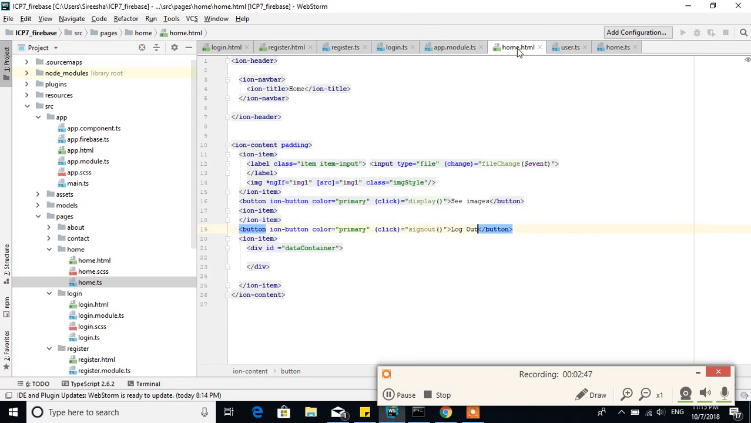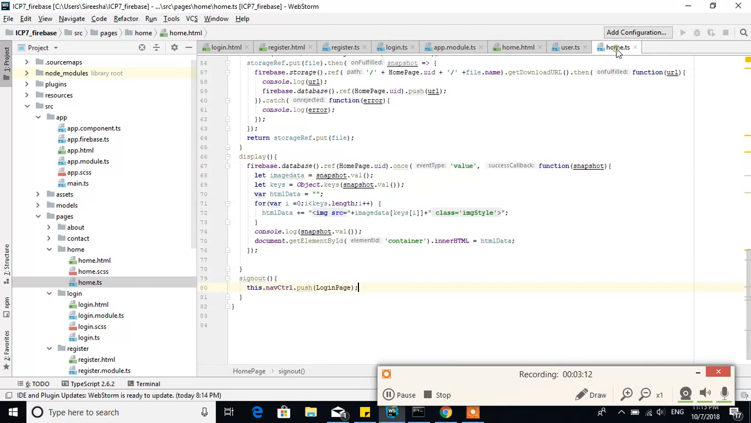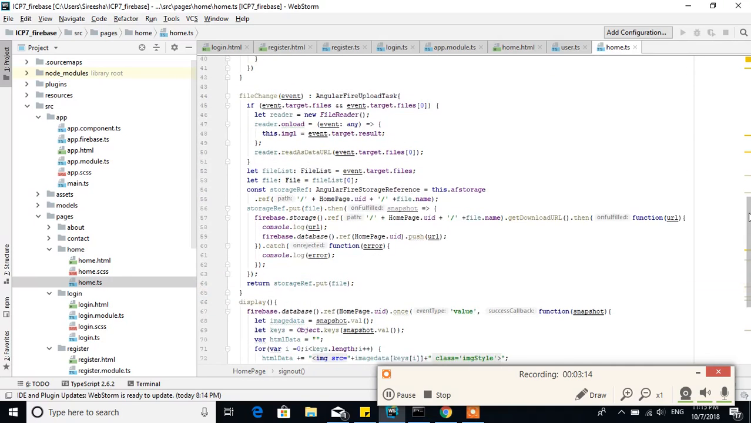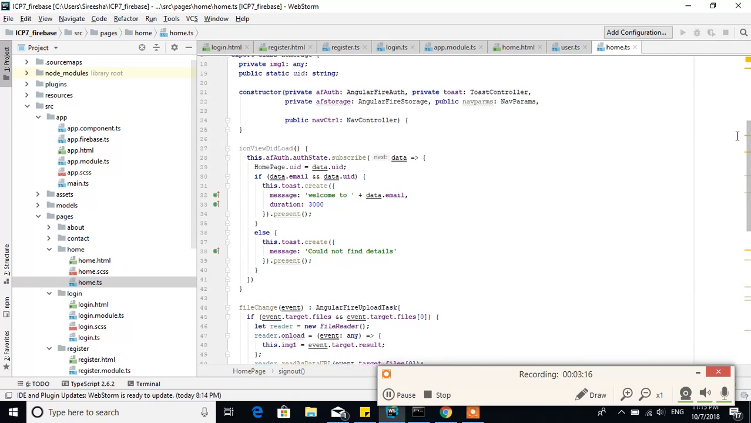Coming to the home page, if a user is already existing and is a valid user, then it will navigate to the home page where I'll have two buttons, one to upload an image and the other to display the images that the particular user has. So coming to this file change event, what I'm having in it is,